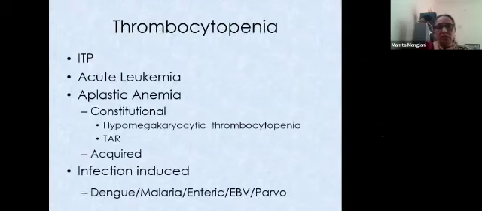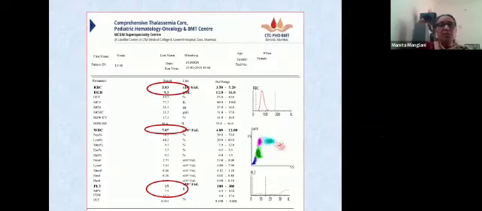Most of us are aware, and we are dealing with it day in and day out. We'll just go through some of the CBCs which will give an illustration of how we interpret thrombocytopenia. Here you have anemia which is mild, RDW which is 17, not very high, and MCV which is near normal, 77. You have white cells which are looking good. You can see the scatterogram, lymphocytes, neutrophils, eosinophils, monocytes, everything seems good. This is debris, don't count this, this is artifact. And this is a low platelet count, 15,000.